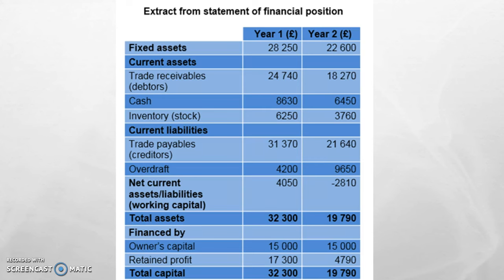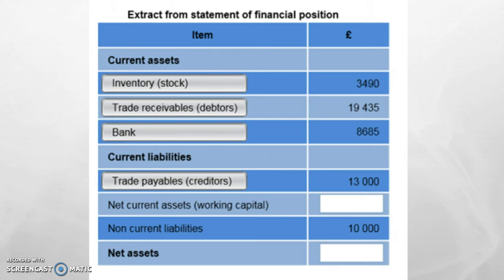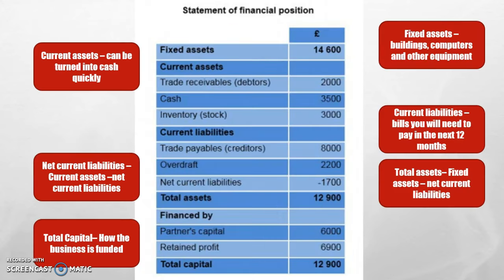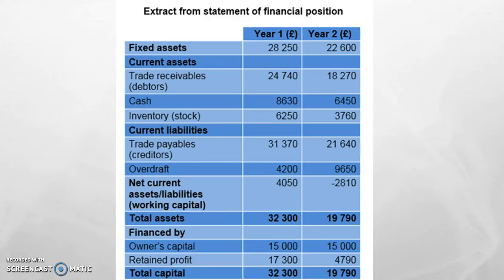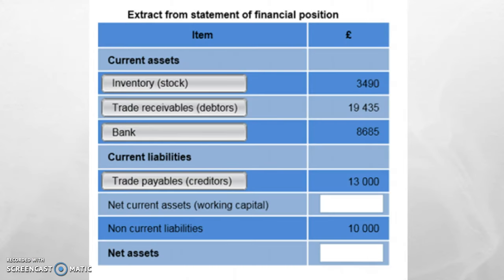And again, the liabilities, if we have a quick look, it's got trade payables, overdraft. Doesn't have overdraft on this one, but the current liabilities are pretty similar each year. So these are just the ways that it might come up in the exam, but you'll see that the layout's pretty similar each time. For the rest of the video, I'll just use one of the layouts. In this exam,